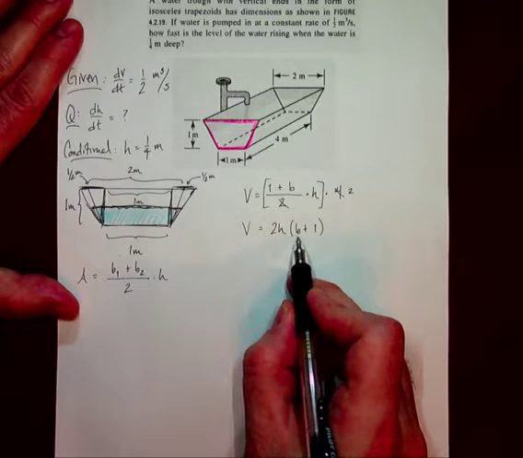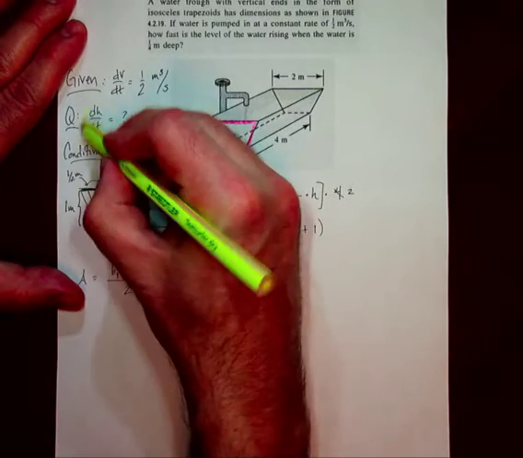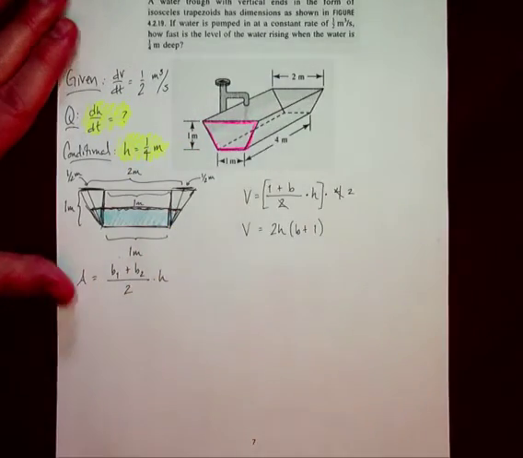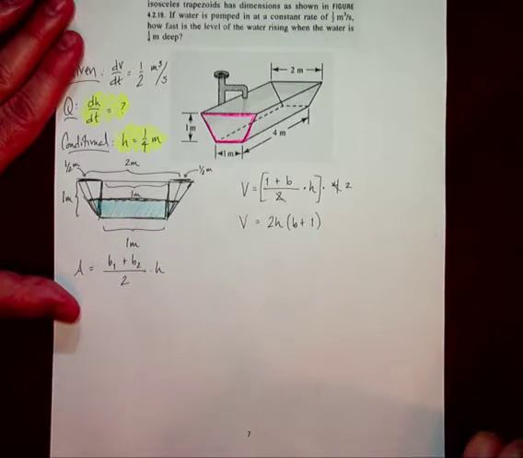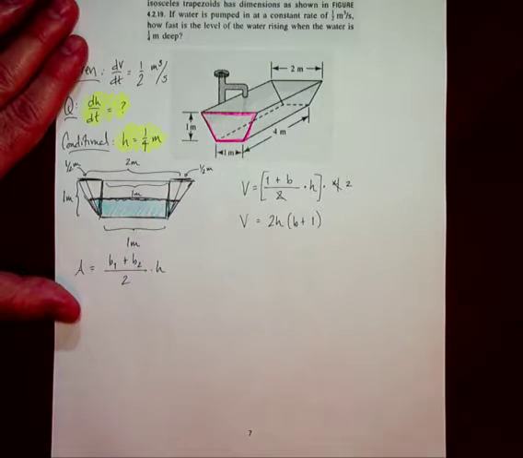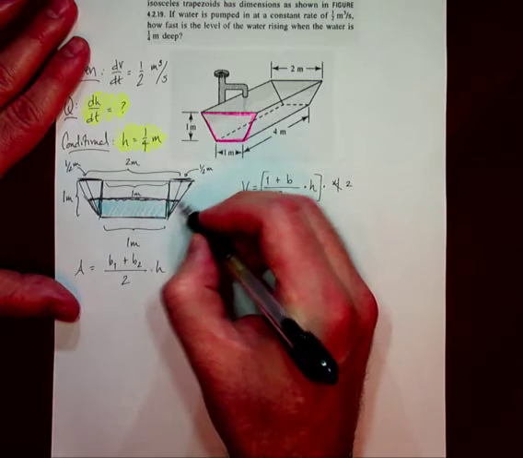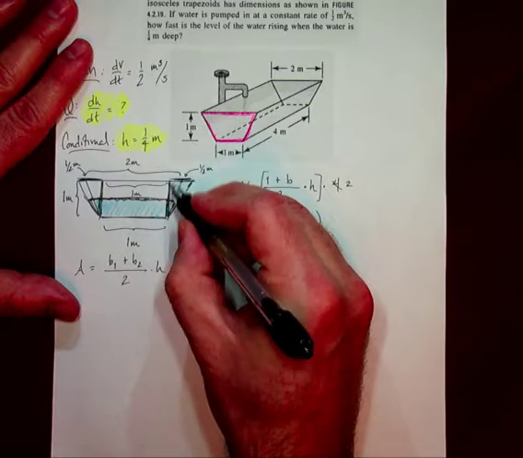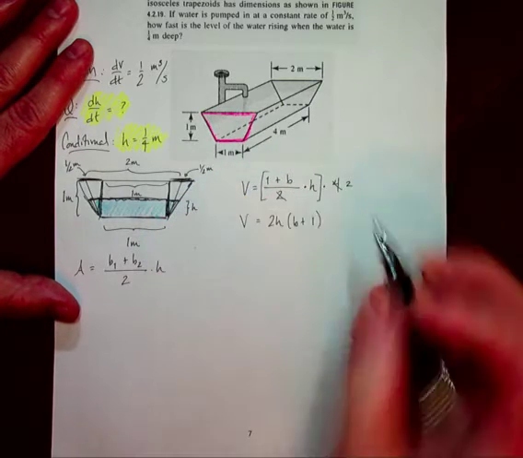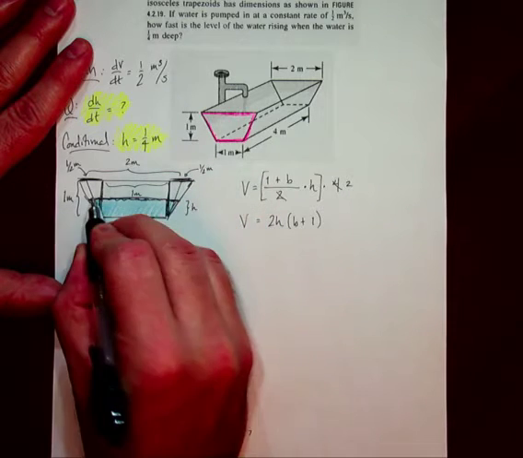I need to change B into an expression in terms of H, because as I did in the last one, I have my question in terms of H and I have my conditional in terms of H. And I'm going to use these triangles to do it. Now this second base is going to be 1 plus those two little pieces right here. Well, if the original triangle has the proportions of 1 to 1/2, then whatever H is, the base is 1, so this is 1/2 of that. But since there's two of them,